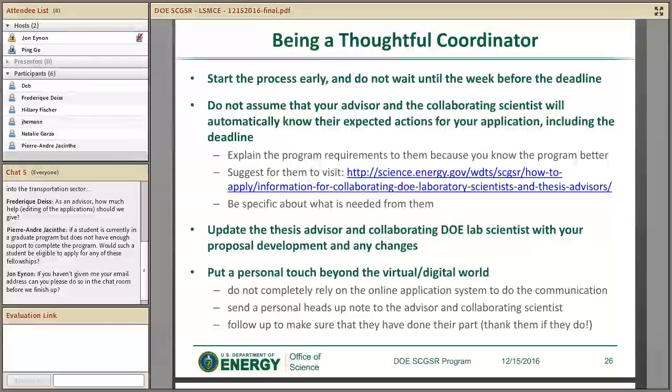Be a thoughtful coordinator. You may already know this, but if you do not have the habit, I strongly recommend you take the opportunity to develop it. Do not wait for other people to get you started. Start the process yourself and early. Also, do not assume that your advisor and the collaborating scientist will automatically know their expected actions for your application,